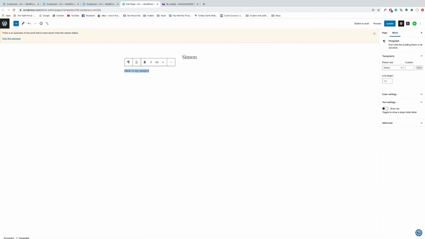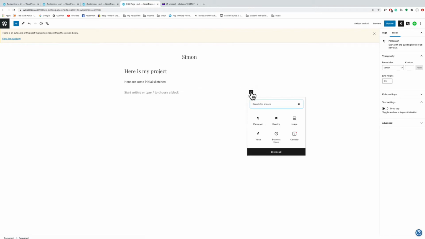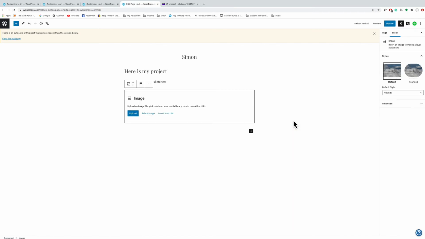Now we can highlight this, click on paragraph. You can transform it into a heading, so that will automatically make the font larger. So if we put the title in there, we can then talk about the project. Here are some initial sketches. Press return. Now if we click on this plus, we can go to image, and we can either upload,